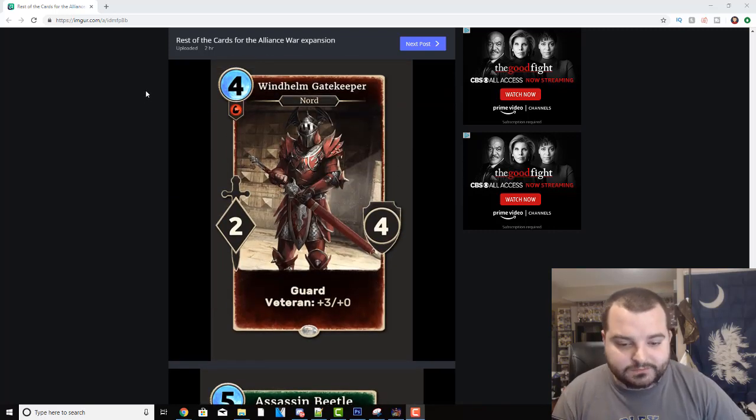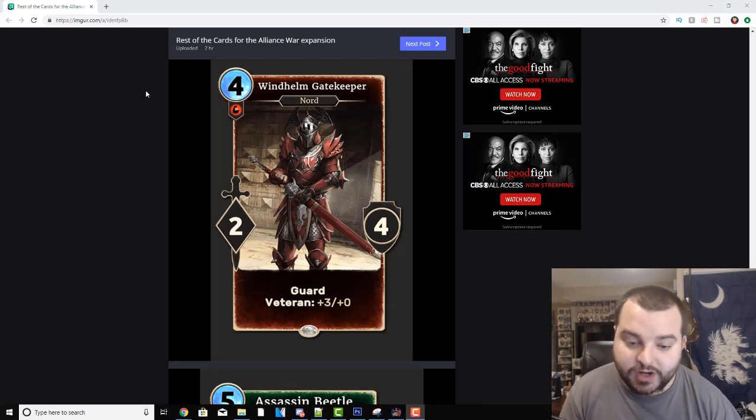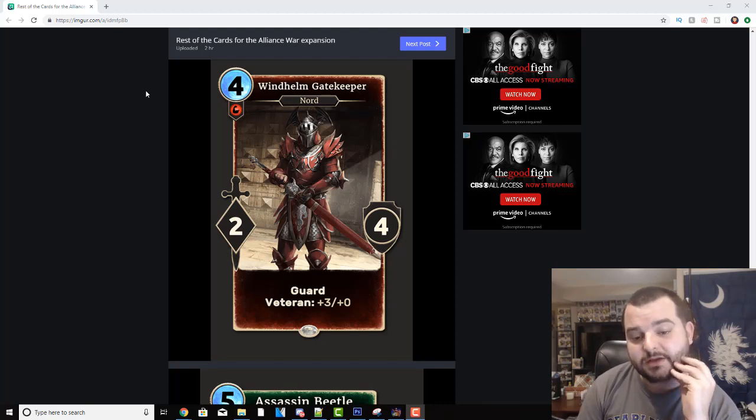4-cost 2/4 with Guard, and Veteran +3/+0. So 2/4 Guard obviously is not very good. That is about 3-cost in stats. Yeah, we have Camlan Sentinel, 3-cost 2/4 with Prophecy and Guard. This card does not have Prophecy, but if it goes face one time, it becomes a 5/4 with Guard,